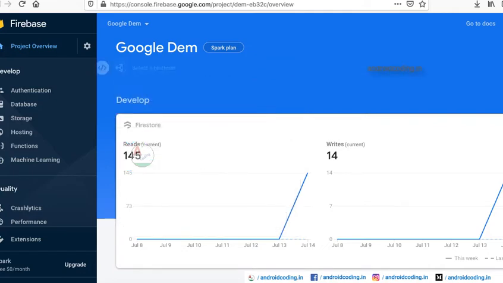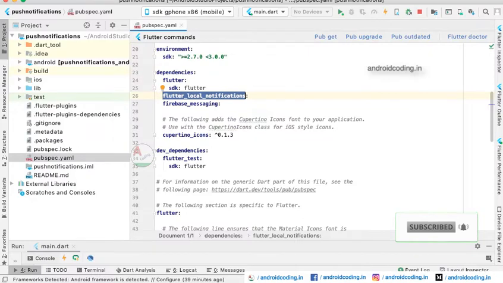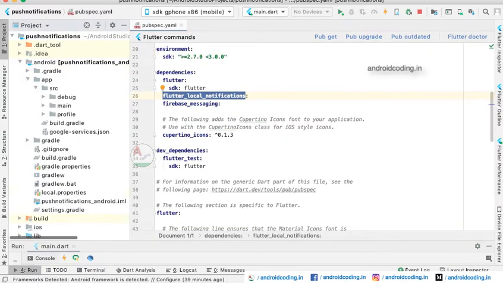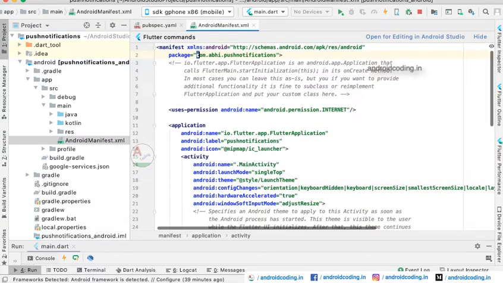For creating a project, you need to click on the plus icon, select Android, and provide your package name. The package name is available under the manifest file. Here you can see the package name.